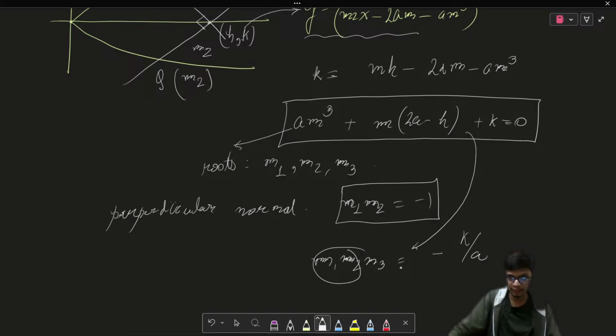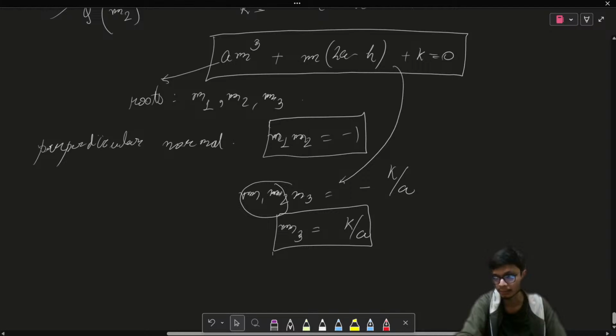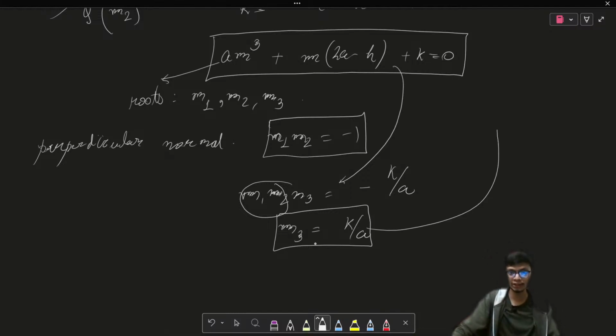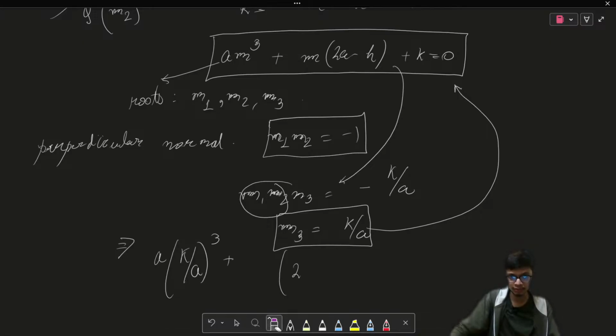And m1 m2 is equal to minus 1, so from here I'll get m3 is equal to k upon a, right? So from here I can easily get the value of m3, that will come out to be k upon a, right? Now since m3 is also the root of this equation, so if I satisfy this equation, it will definitely be equal to 0, right? So therefore a times of k by a whole cube plus m times of, so m is basically k by a,